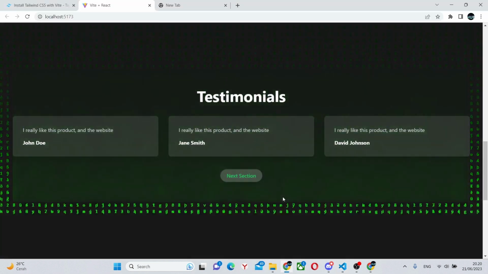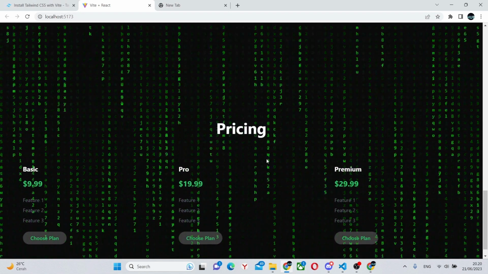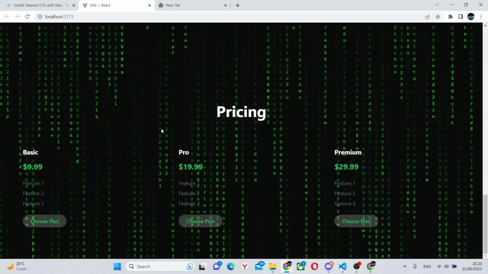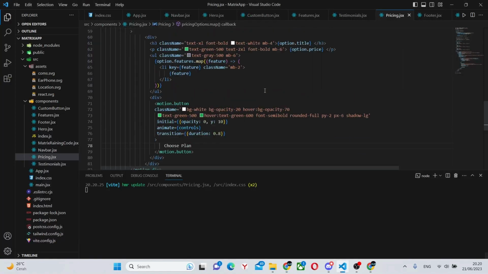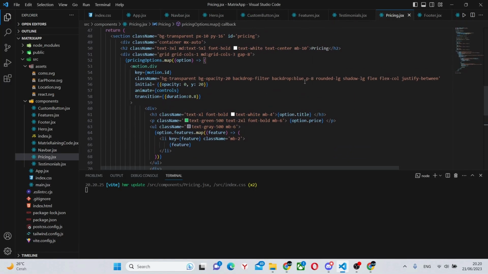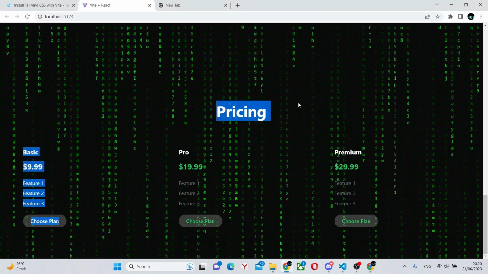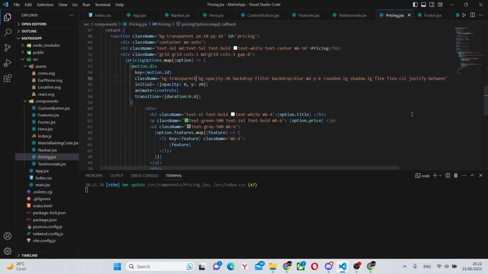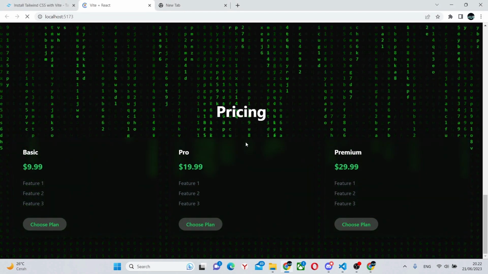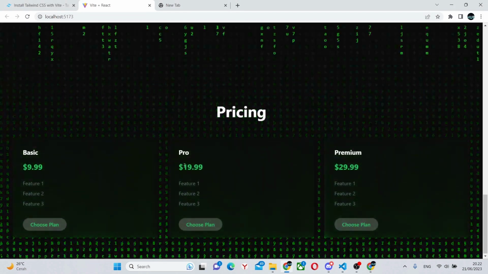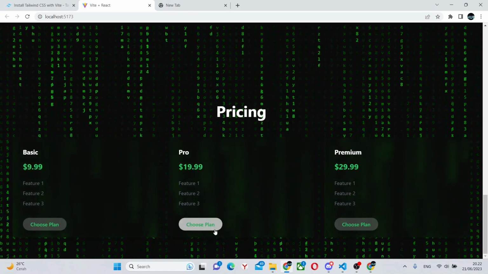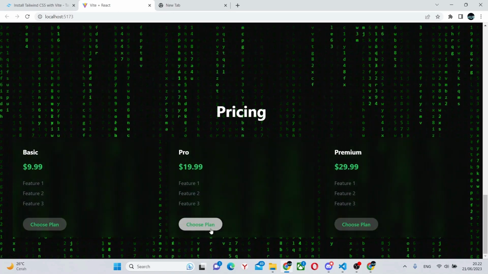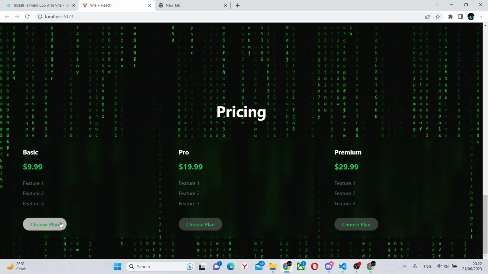Then we can look if this worked, and sure enough, it did. Although the background for it seems to have disappeared. So let's see what we typed in wrongly. Instead of blur, I wrote blue, which changed everything. Although for some reason it still didn't appear. And it seems there was a small issue with this dash. The dash should solve everything. And now we have this glassmorphism effect on these cards. And the cards themselves should be done. The only thing we need to add is the modal.